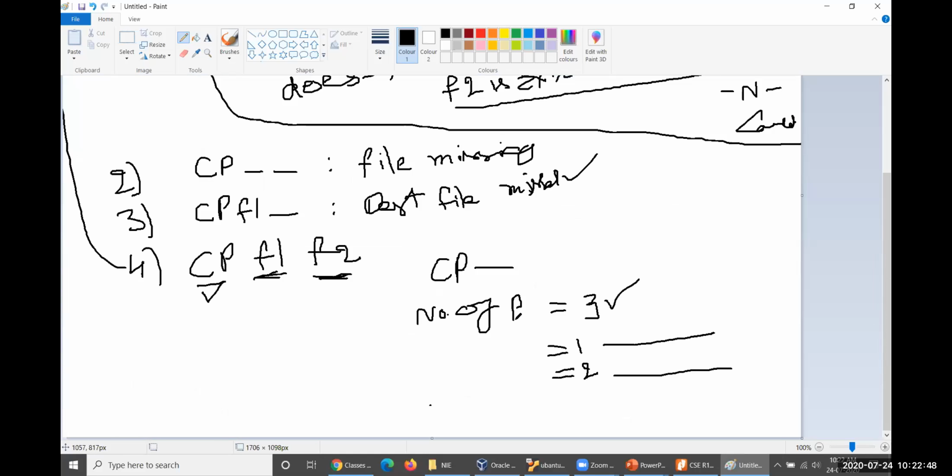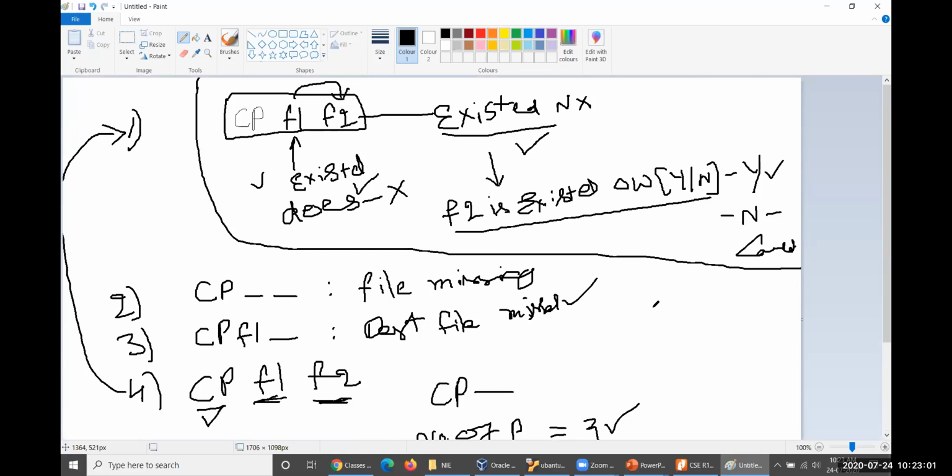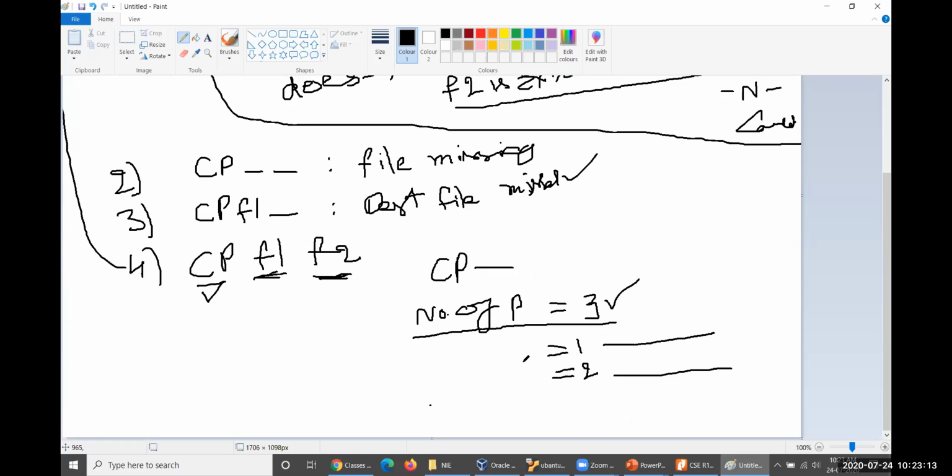While doing some kind of job here, you need to consider these many operations. First of all, we need to check how many parameters there are. If parameters are exactly equal to 3, you will go ahead and process the operation. Exactly equal to 3 in the sense, you will check whether file 1 exists and file 2 exists. File 1 exists, file 2 does not exist. File 1 does not exist. So many conditions. Okay. Let us do those operations here.